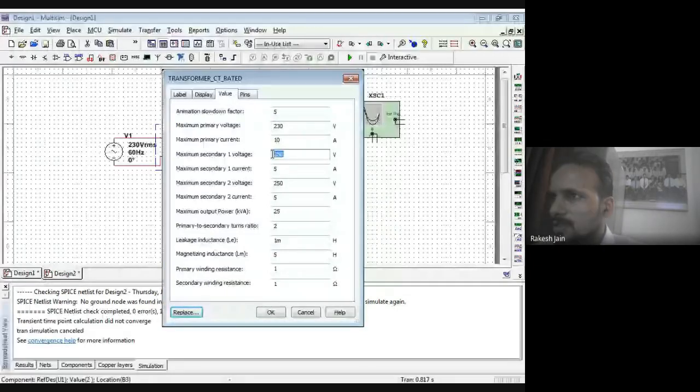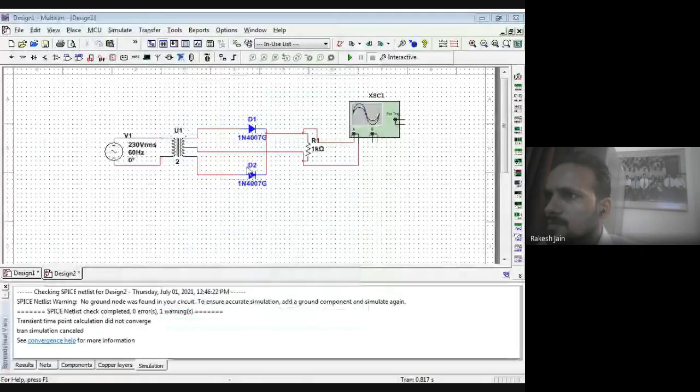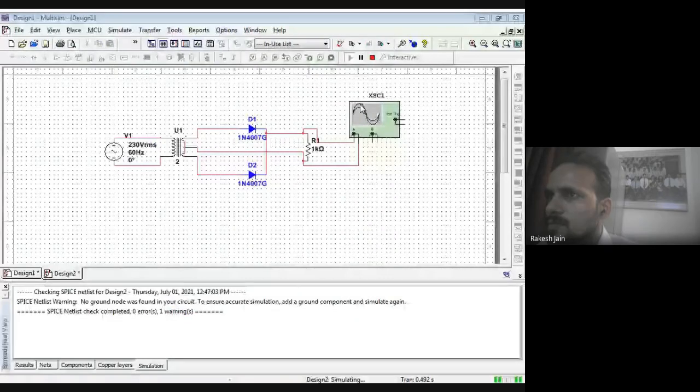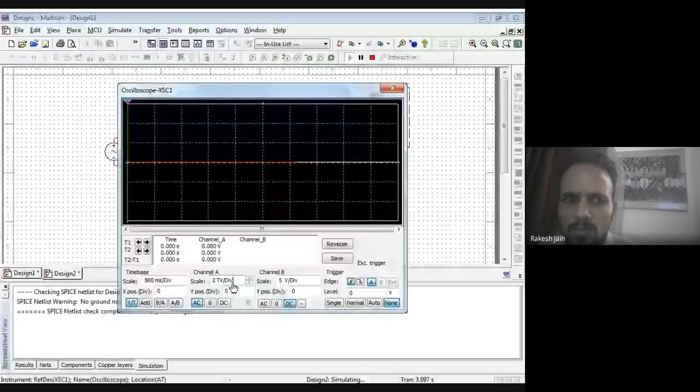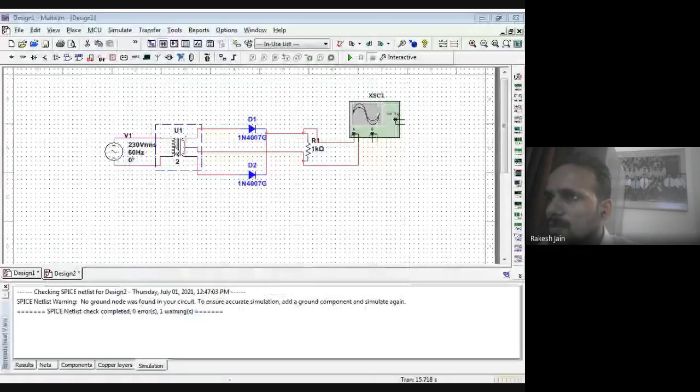Secondary 2 volts, minus 1 volts. Primary voltage 6 volt.